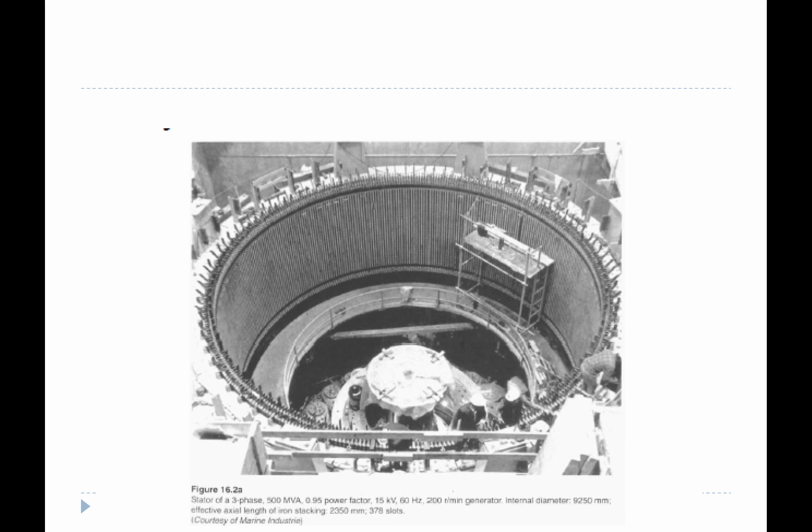And just to give you an idea of how big this is, if you look here, you'll see that there's a scaffolding built on the inside of the stator. So right around the outside here is the stator of the machine, and it is so big that you actually have a scaffold inside it, and you could see there are people here standing on the edge of the machine. I think that's one person down there as well. So these things are pretty huge